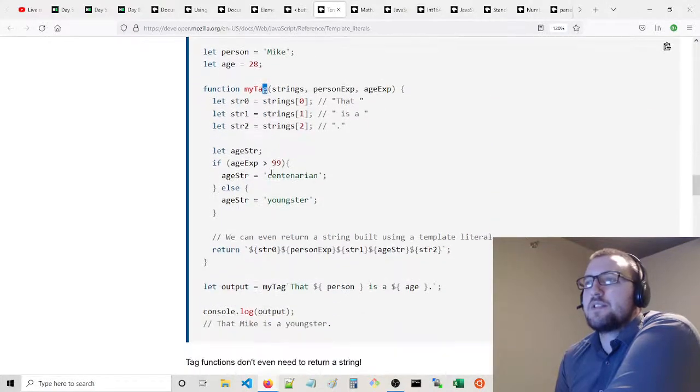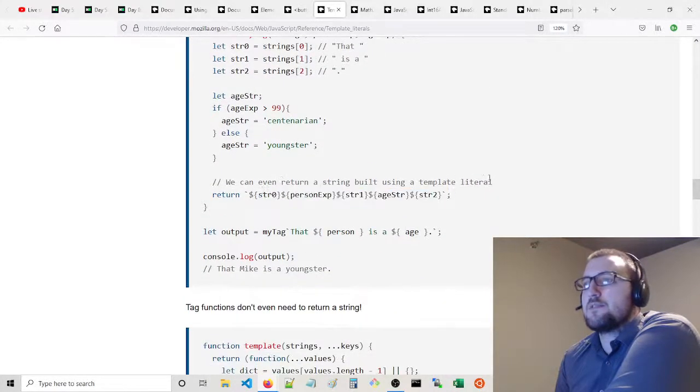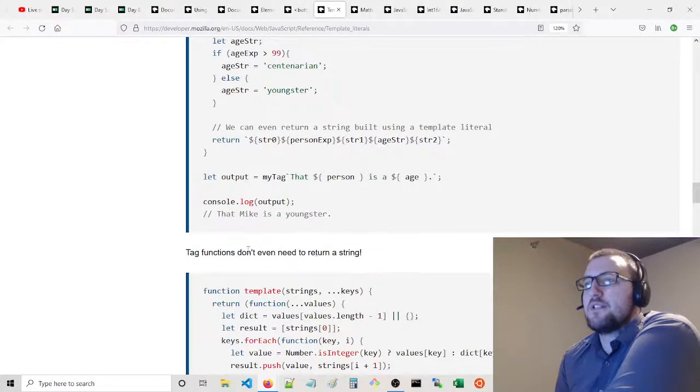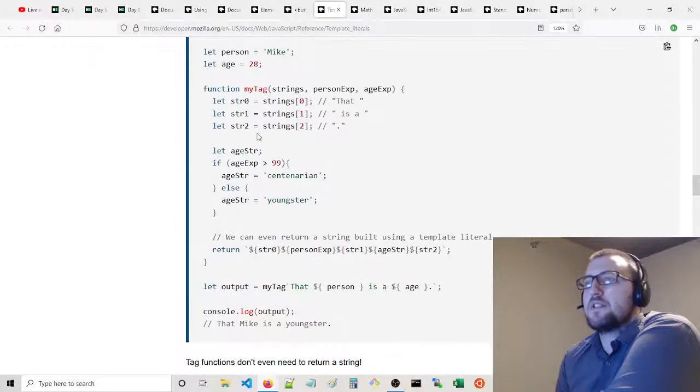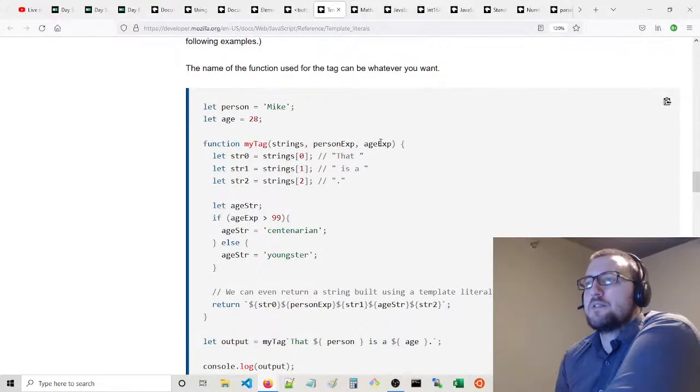My tag, we can even return a string built using a template literal. My tag that Mike is a youngster. Tag functions don't even need to return a string. So a function, myTag, strings, person expression, age expression, Mike, age. Output myTag, that person is